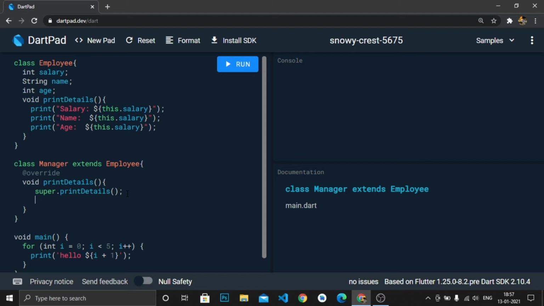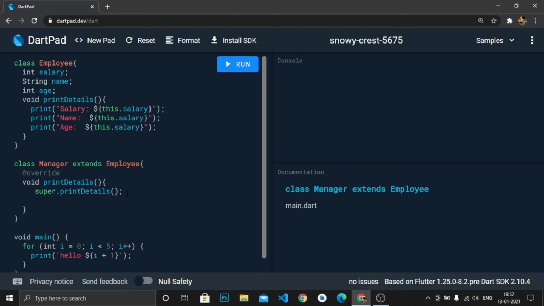Polymorphism in short means taking many forms. We have the Manager class, but we know that a manager is an employee. So according to the DRY principle, that is Don't Repeat Yourself, we won't write the whole Employee class again for Manager. Instead, we will modify some of the functions which are there in the Employee class for the Manager class, using polymorphism.